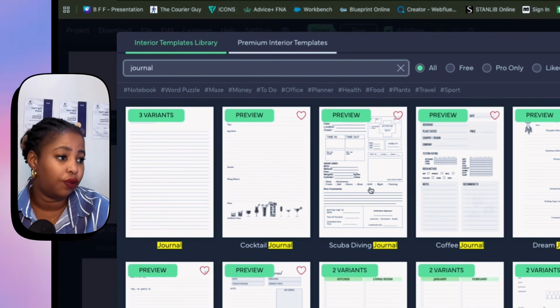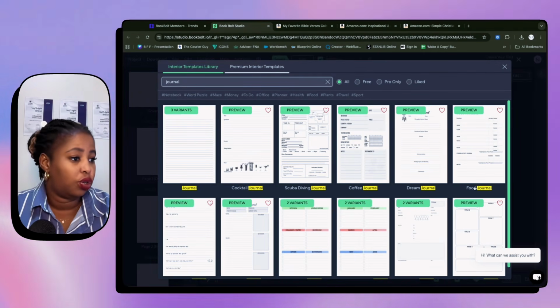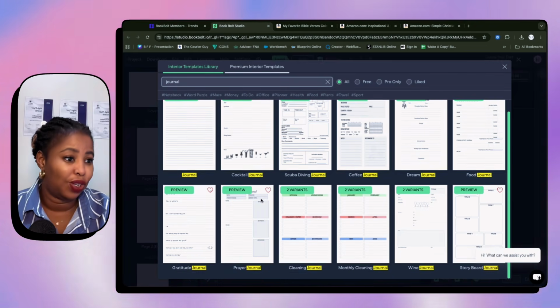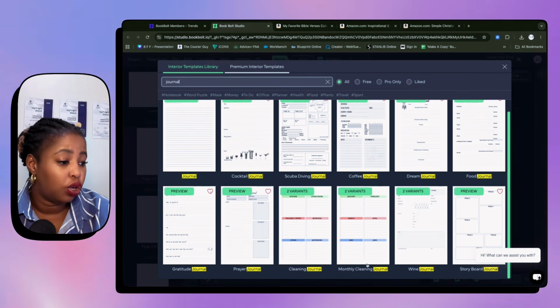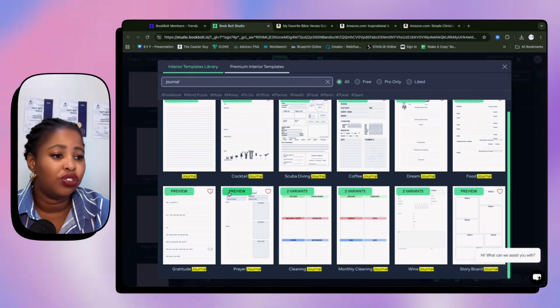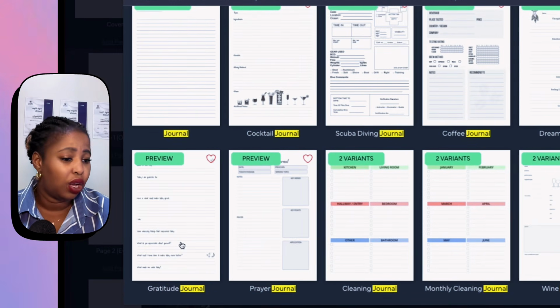Okay, so it's got different types of journals, as you can see. There is a dream journal, food journal, scuba diving journal, cocktail journal, gratitude journal, prayer journal, cleaning journal, monthly cleaning journal, a wine journal, storyboard journal. So you can literally have, for example, this gratitude journal looks good. You can click on that and